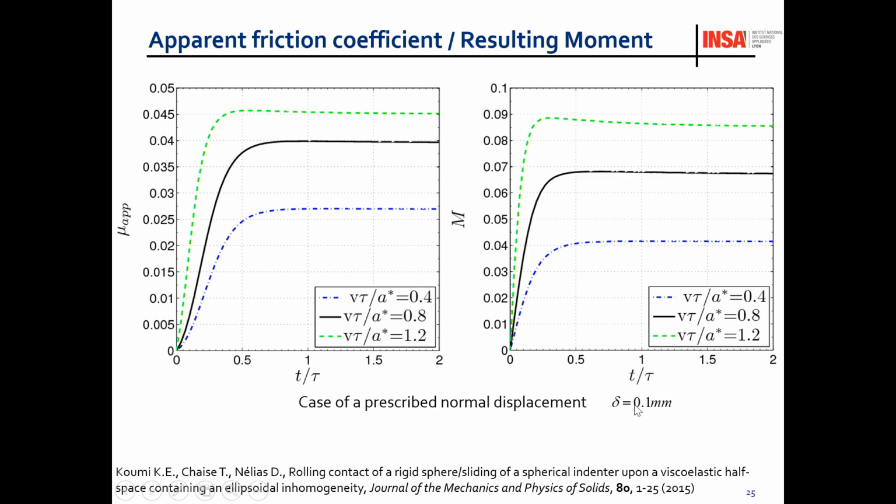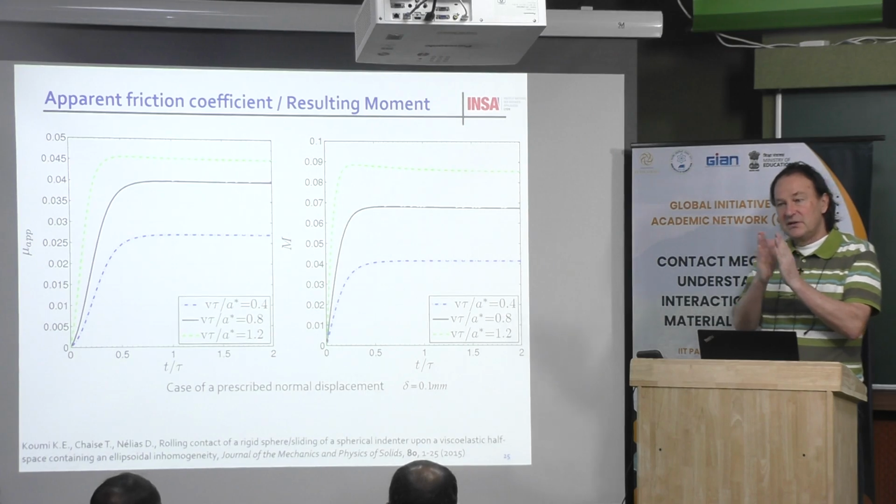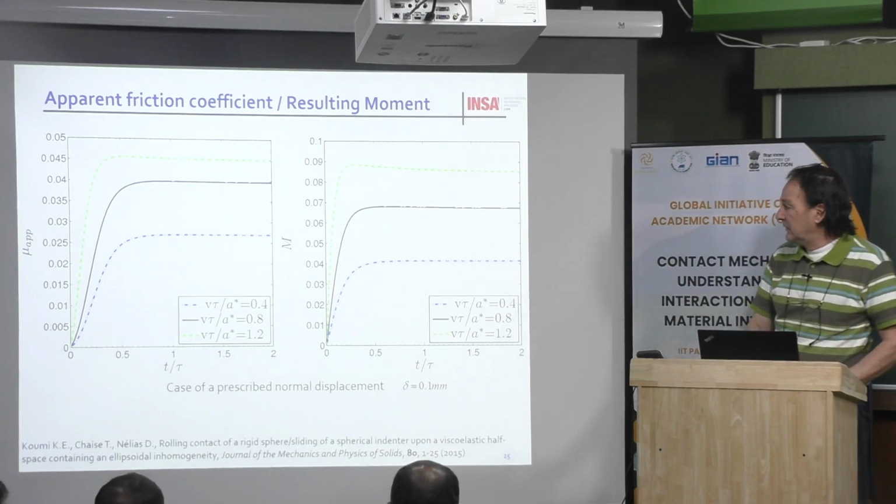Delta equal 0.1 millimeter. Then on the left you have the apparent friction coefficient, and on the right you have the torque. Of course, they are the same. Just the way they are presented is different, but the same. Something funny for the torque is that you reach the steady state regime faster, about at 0.5. Then there is no direct correlation between both parameters, in fact, because also the shift of the contact pressure, the center of contact pressure is different, is also varying in another way.